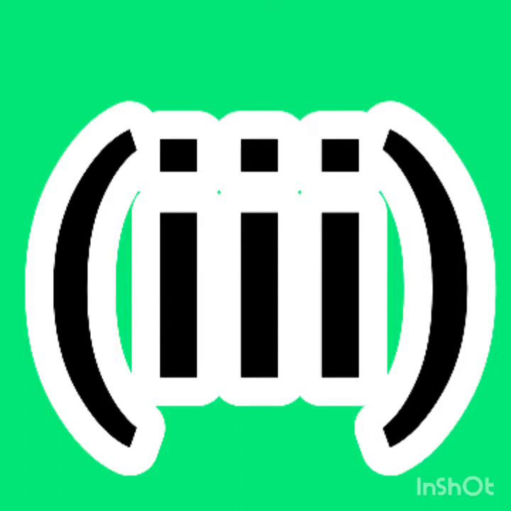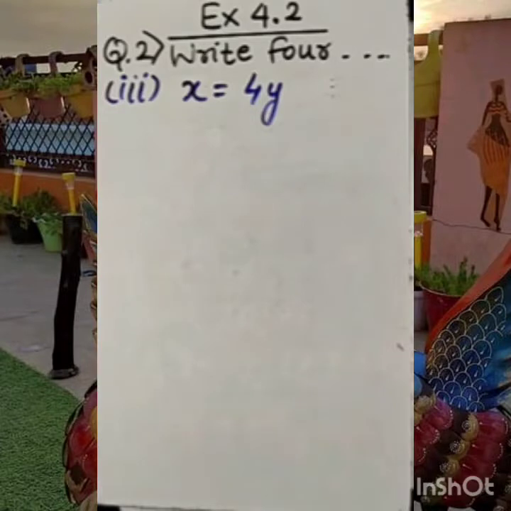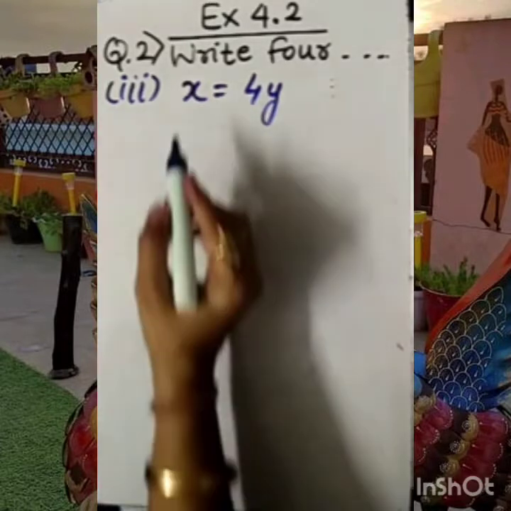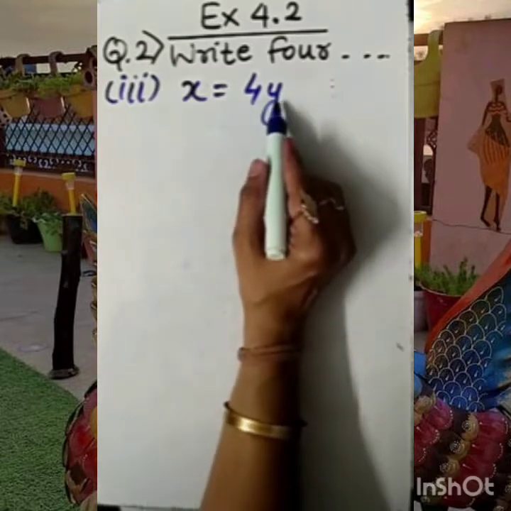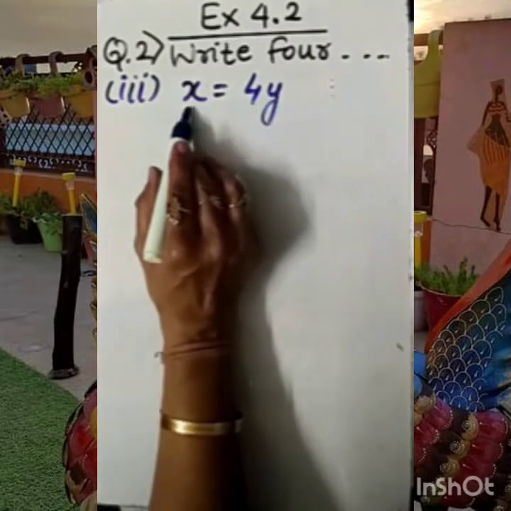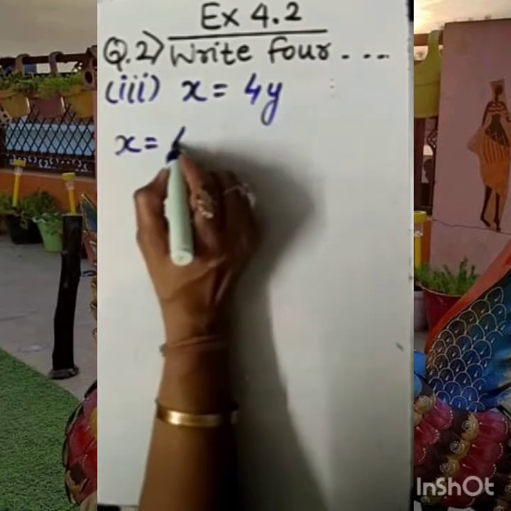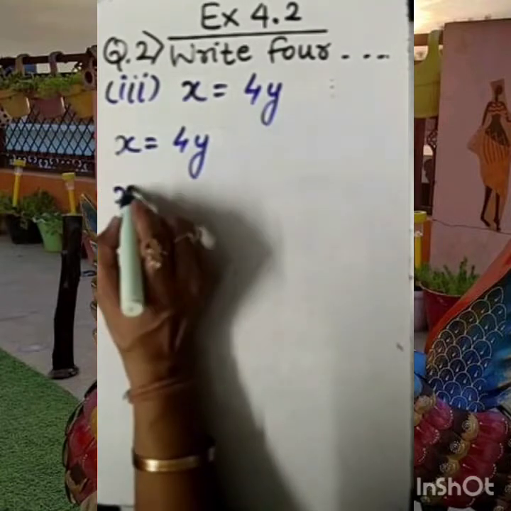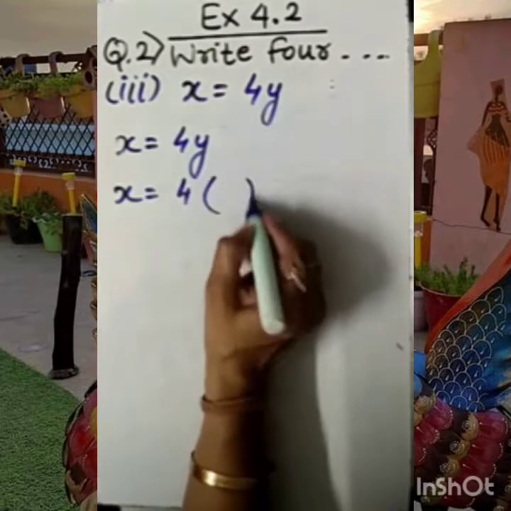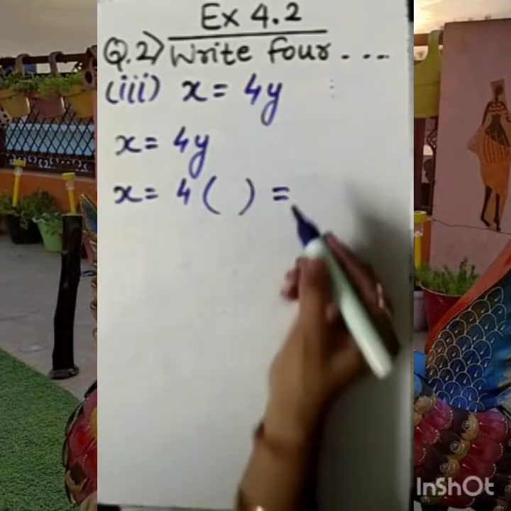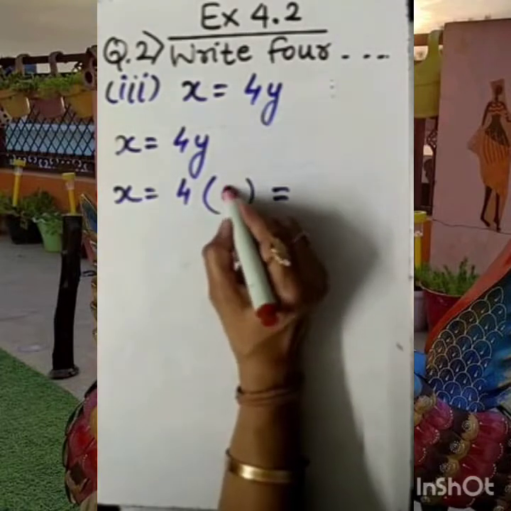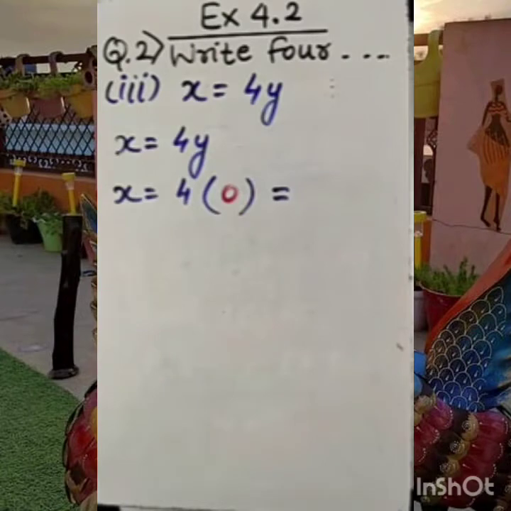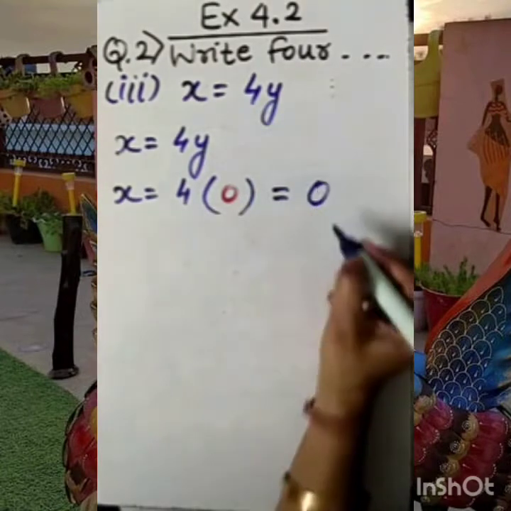So my dear student, the third question is a linear equation. We are given x equal to 4y. Here you can see x is already the subject. So dear student, for different values of y, we will get the value of x. So let's begin. x equal to 4y. This is the equation. In that equation, let me choose the value of y first. Suppose I am choosing 0 as y. Okay, first I am choosing 0. So 0 multiplied by any number gives the result 0.